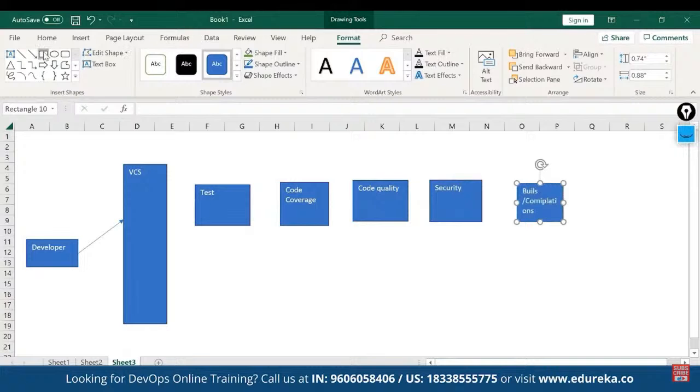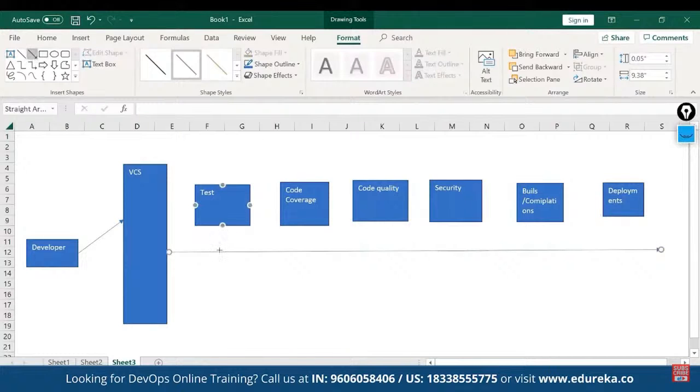And finally, if it is required, test whether a deployment is getting passed or not. This kind of feedback can be given to a developer when he checks in the code. So guys, if I make such an arrangement wherein the moment a developer checks in the code, he will get feedback, for example, whether unit test cases are getting passed or not, code coverage is getting passed or not, code quality is getting passed or not,